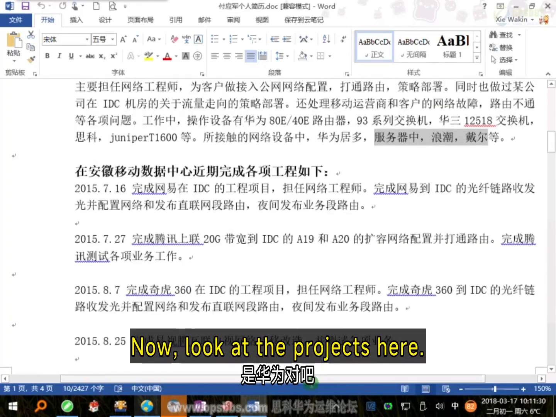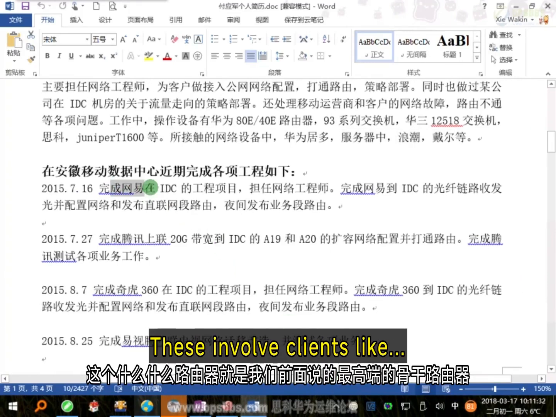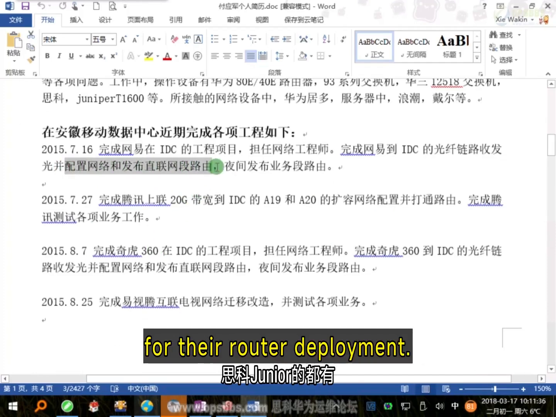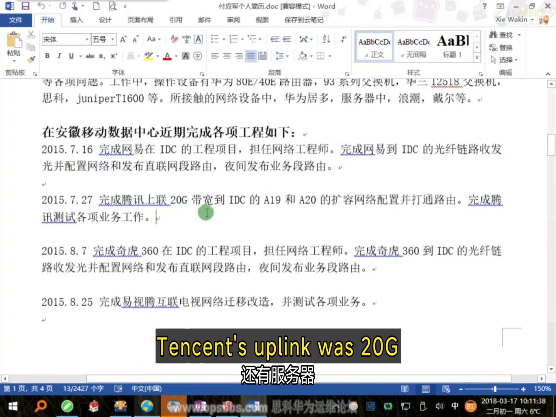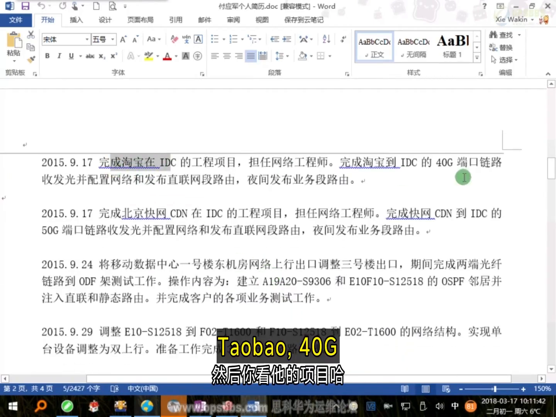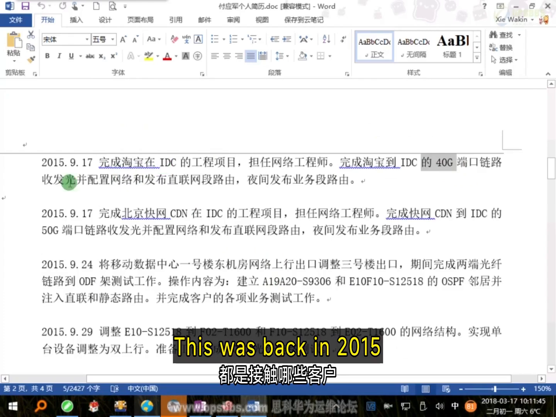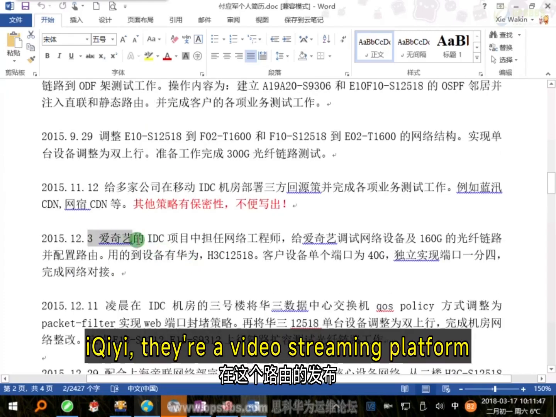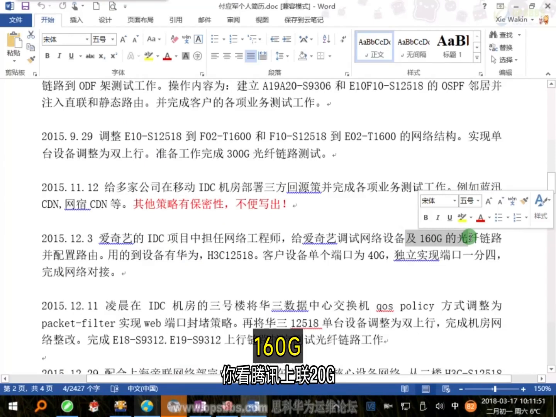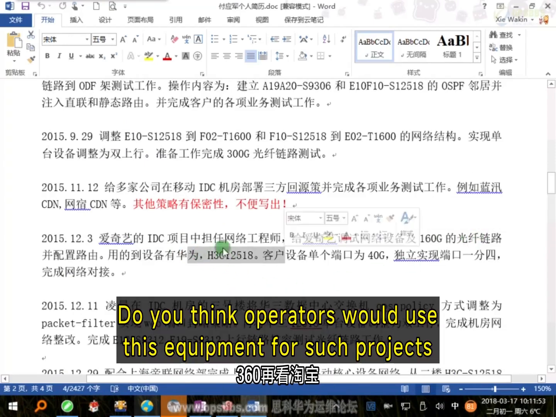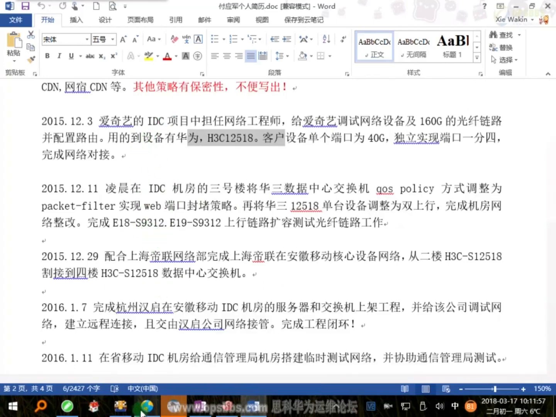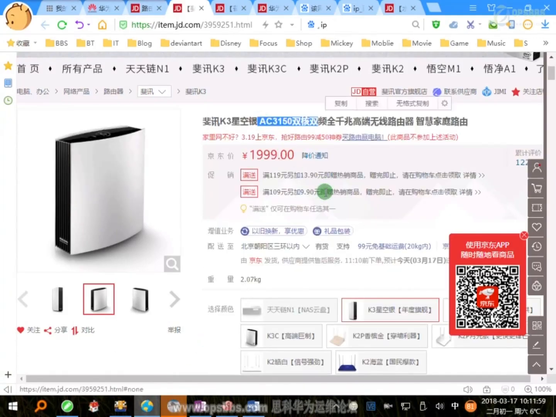Now look at the projects here. These involve clients like NetEase in Nanhui, for example, for their router deployment, and then Tencent. Tencent's uplink was 20 gigabytes, 360, and Taobao 40 gigabytes. This was back in 2015. And then iQIYI, their video streaming platform. They need way more bandwidth, 160 gigabytes. Do you think operators would use this equipment for such projects? Right, so,